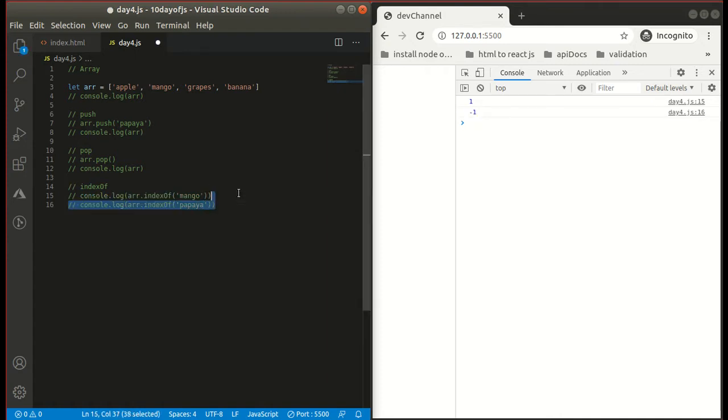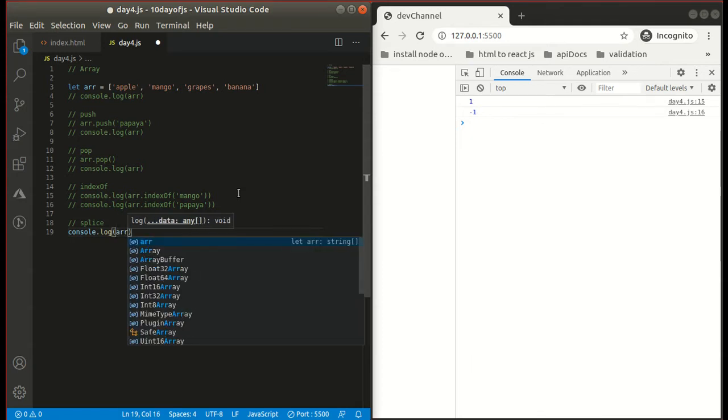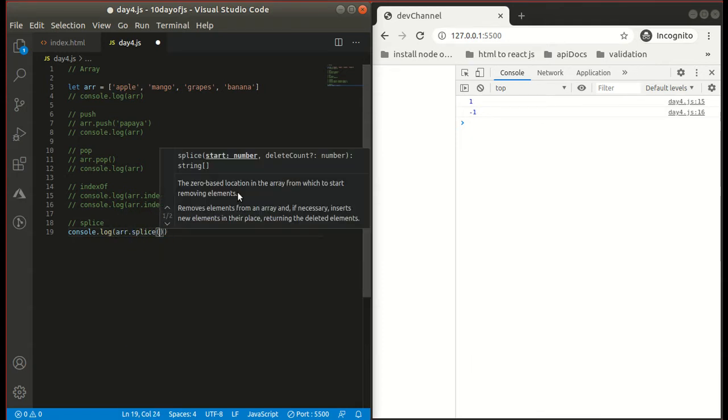Now let's see another function, splice. Guys, we can use splice to add or remove elements from an array. Let us remove one element from the array. It needs the starting index and the number of elements that we want to remove.